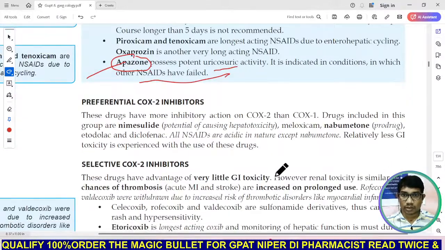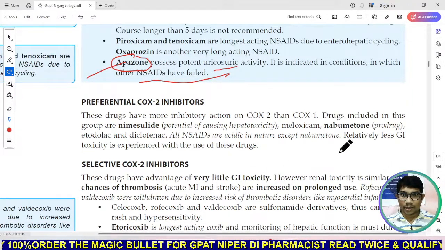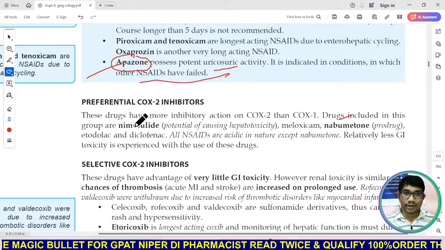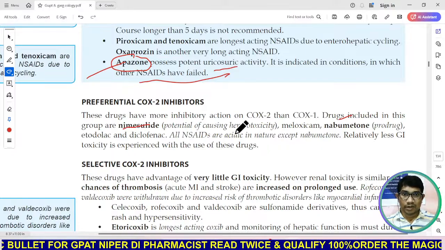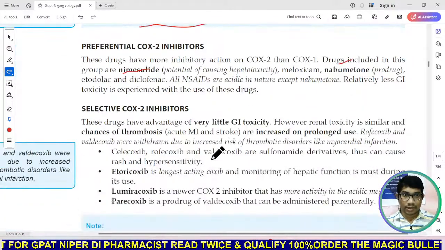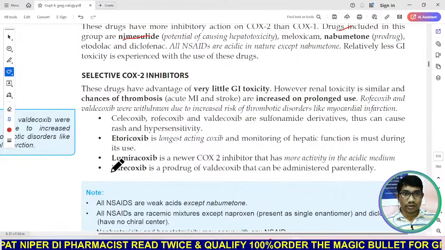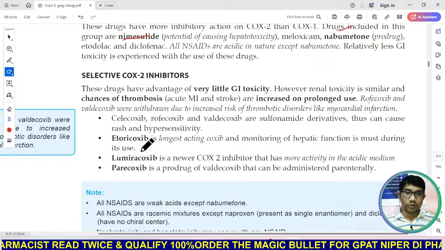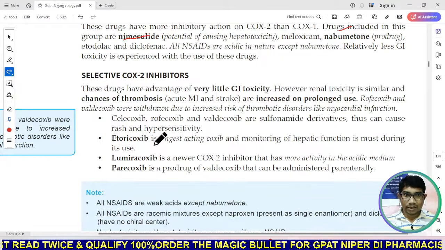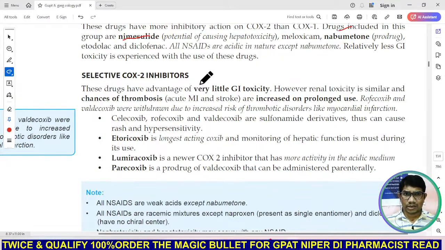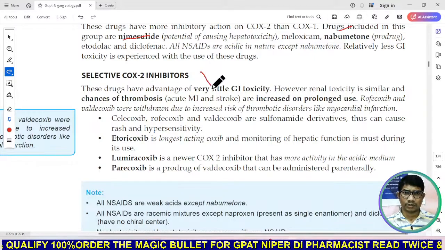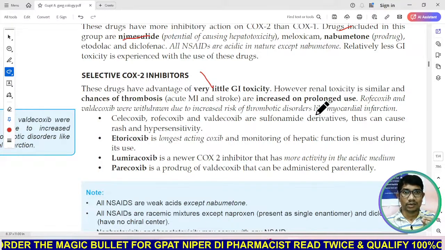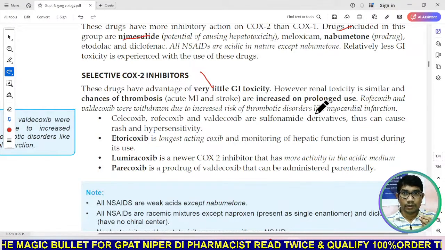Now preferential COX-2 inhibitors में क्या आता है आपका, nimesulide, nabumetone, meloxicam. So nabumetone is a prodrug and nimesulide is no more used because of its dominant hepatotoxicity, right? Now selective COX-2 inhibitors में आता है आपका, कौन से, parecoxib, etoricoxib, celecoxib, lumiracoxib. Now याद रखना है they have an advantage. Selective COX-2 inhibitors have very little GIT toxicity, मतलब they will not irritate your GIT, but increased prolonged use of these selective COX-2 inhibitors